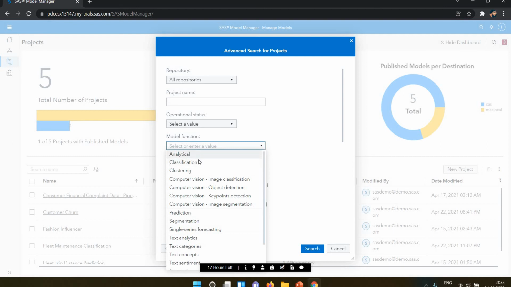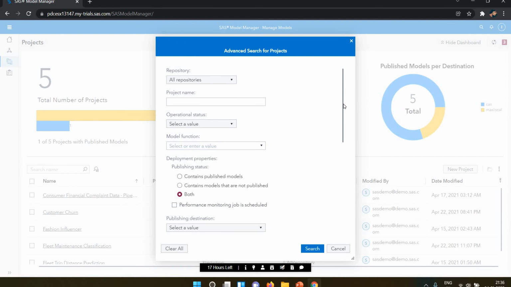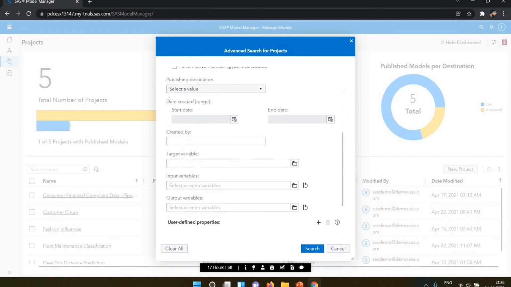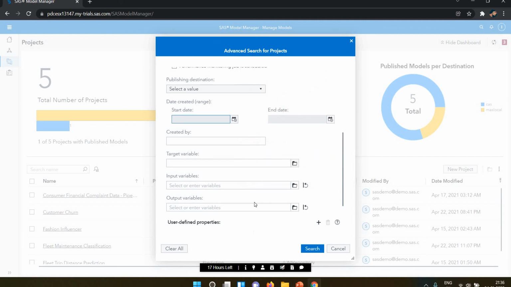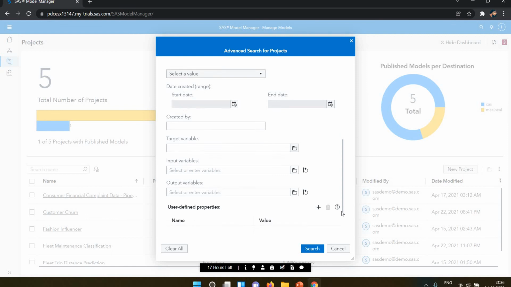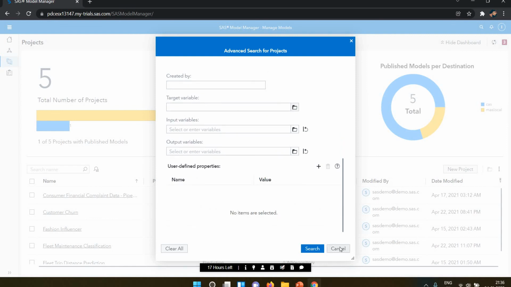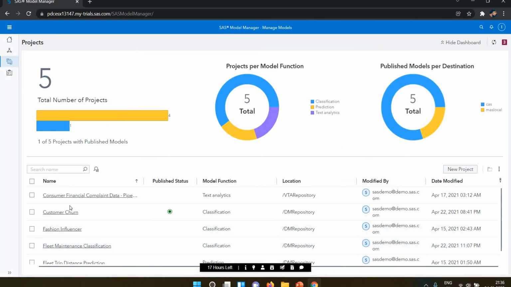Let's suppose you're looking for the analytical ones: classification, clustering, text analysis, text concepts, text statements, prediction, segmentation, forecasting related. All these categories are available here. If you want to search with some conditions, you can also search by date created. Let's suppose I created one project on that particular date, so you can also search with the date and range. Target variable, input variable, so many features are here for searching a particular project model.